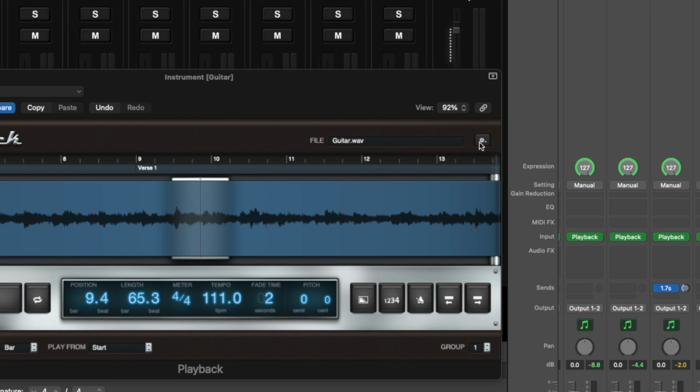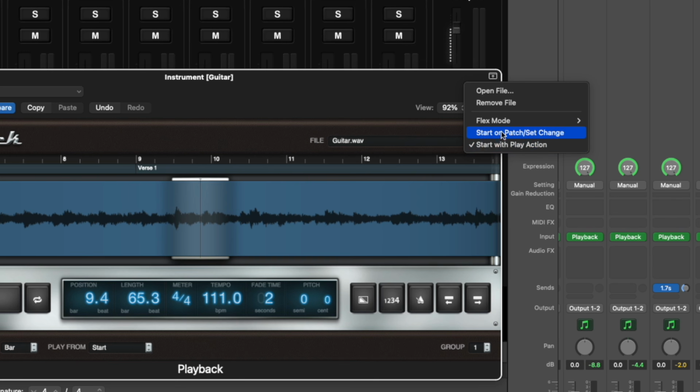The other thing we'll want to do before I push play is up here at the top right where you see the gear. I'm going to click that, and then we have flex mode. So this is going to be using that same sort of flex algorithm that's set up inside of Logic. And this is what MainStage uses to stretch and change the tempo of the song without affecting the pitch. So I usually set this to polyphonic, and that gives me the best results when I'm doing something like this. So now if I push play,